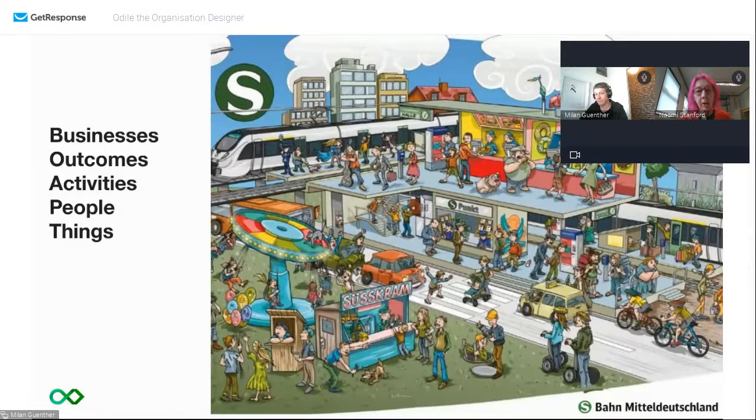Now, even if you're looking at only one element of the business, and in our case, Odile is looking at the sleeper train strategy, you have to think about how that interacts with all the other parts of the organization, and then on into the business context, which we will come to in a moment. So that is the start of where I start to think about organization design as an interaction of various elements. And then I start to think about what are the steps in doing it, which I outlined very briefly, and I'm going to come back to now.